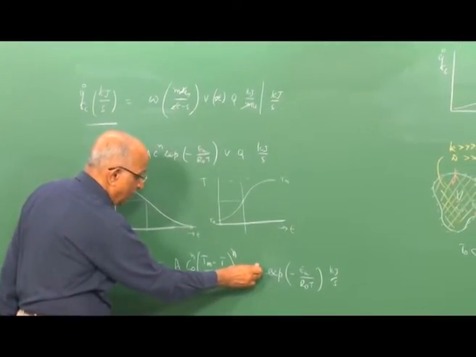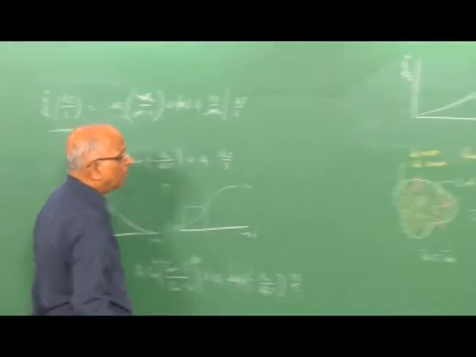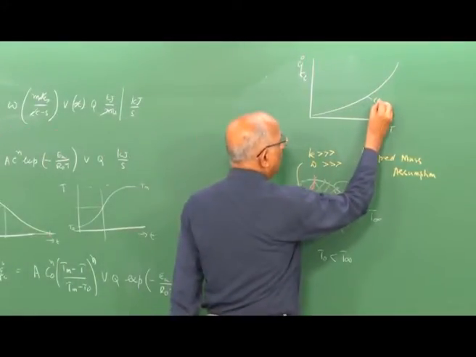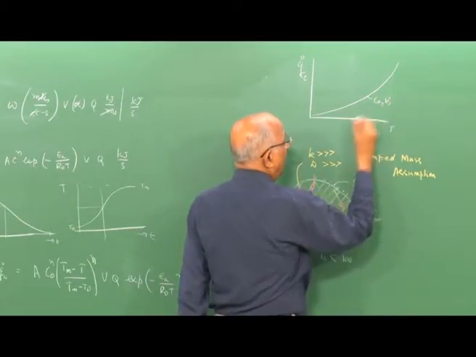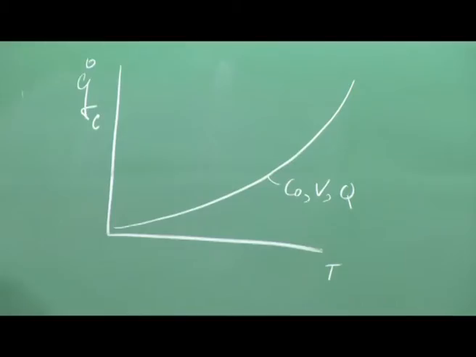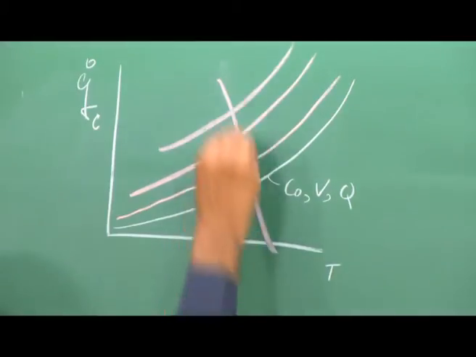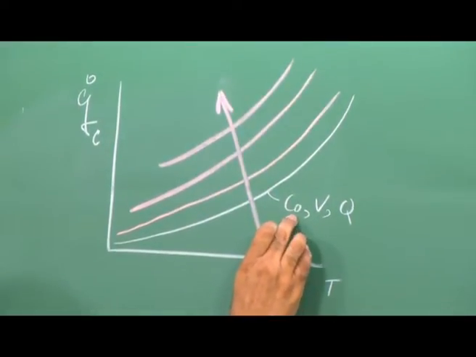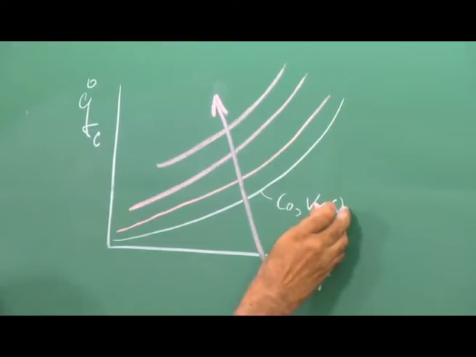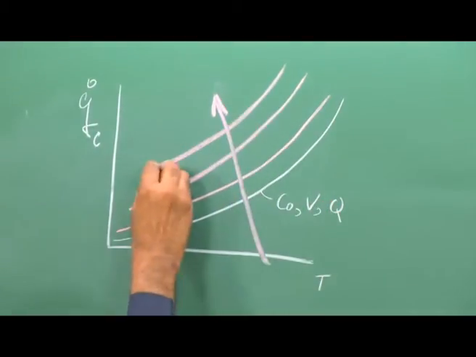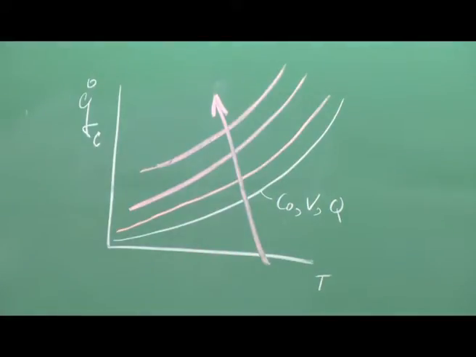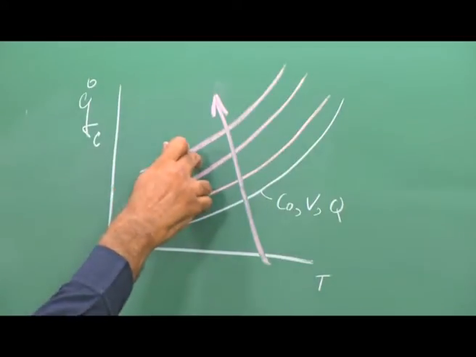it is also going to depend on the value of the heat release per mole. Therefore, for a given value of C naught, for a given value of V, and for a given value of Q, well, this is the curve. If I increase either C naught, V naught or Q, what is going to happen? Well, the curve will go up. I can have a series of curves, and as you increase C naught, as you increase V naught, or as you increase Q naught, either of them, the curve will keep going up, and this is how the characteristics of the heat release will take place. Now, this is how the heat release takes place in a reaction.